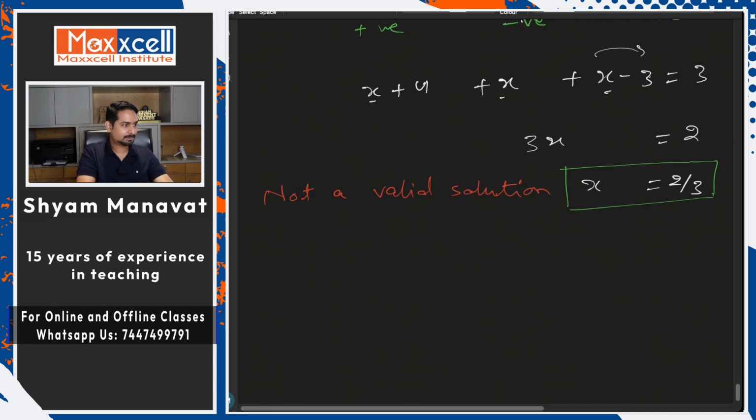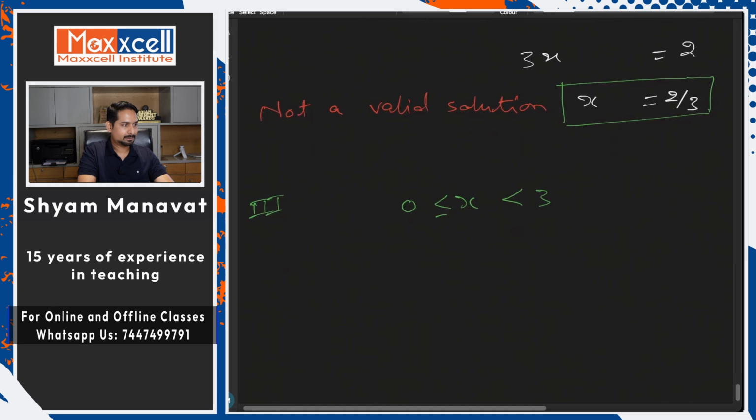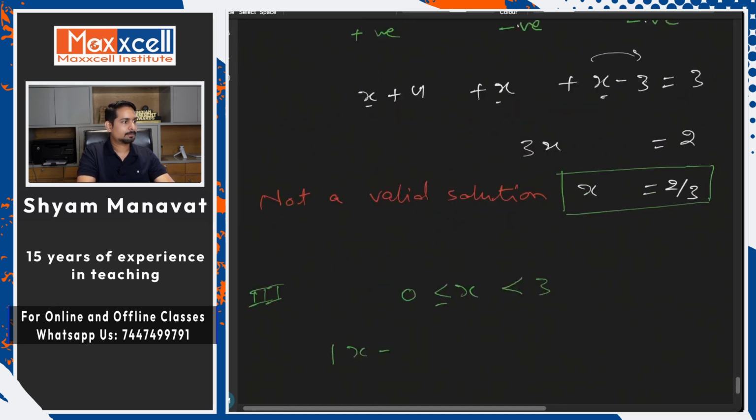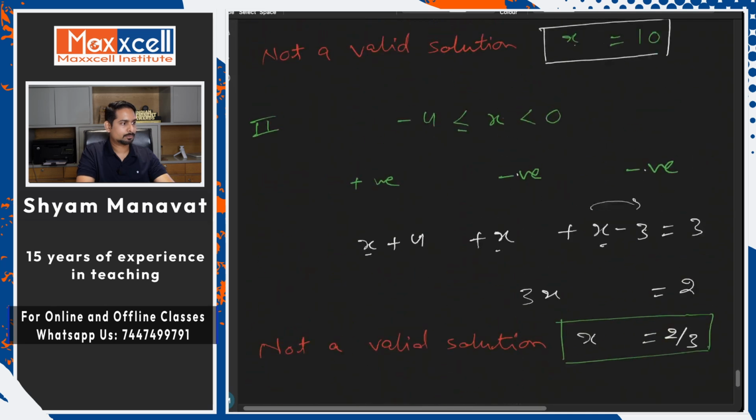Now let's see the third segment. We got 4 segments. Let's go faster. More than equal to 0 and less than 3. Third segment. In the third segment, let me write this for you. The question is x minus